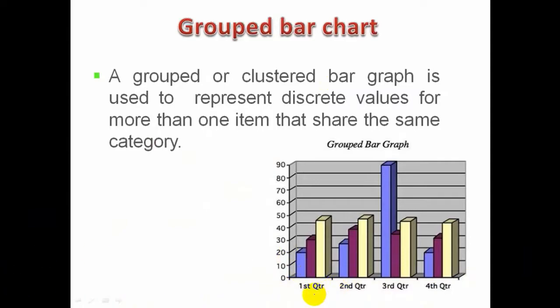For example, in the first quarter, we have a group of these three, in the second we have a group of these three, in the third we have a group of these three, and in the fourth we have a group of these three. Sometimes we have a large number of categories, so if we distribute the categories into some groups, and then represent these groups by charts, then the charts will be called group bar charts. And you will see all these types of charts with an example in the coming slides.